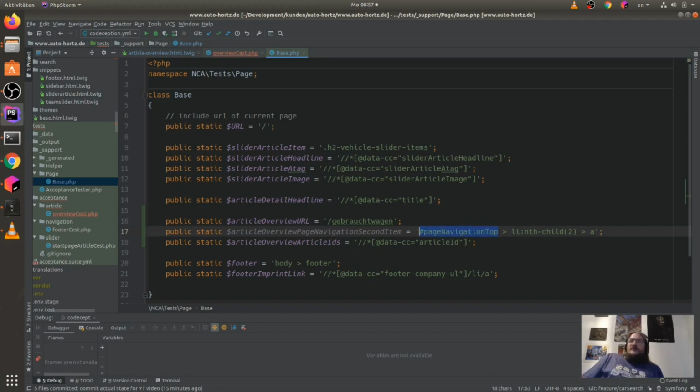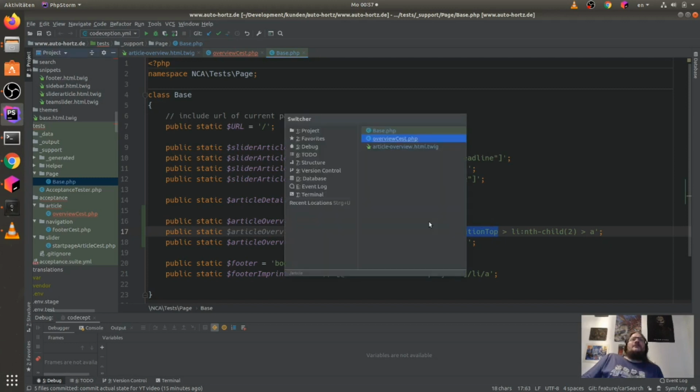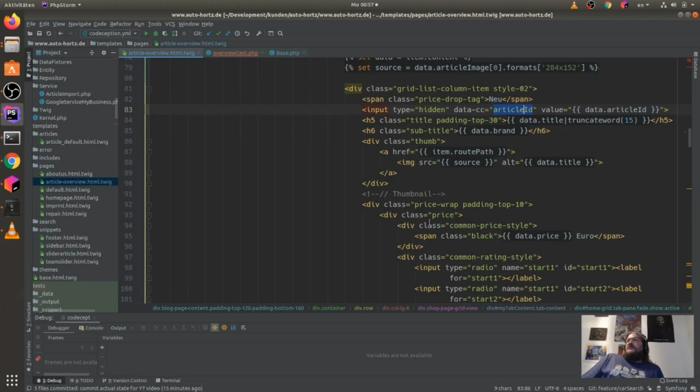Okay, I have to add it to the front end also. It's super important to make clear selectors.